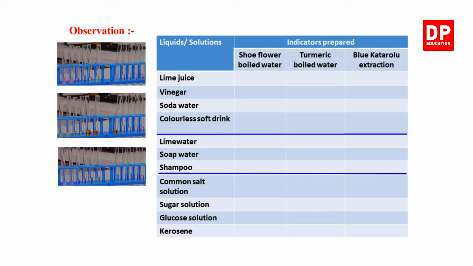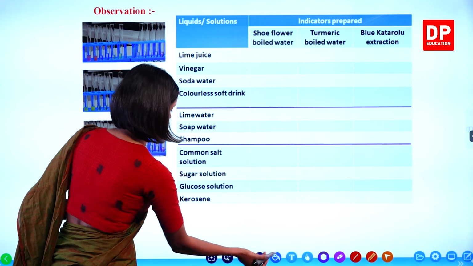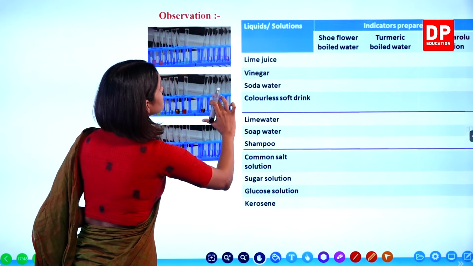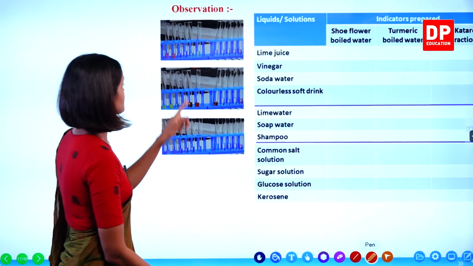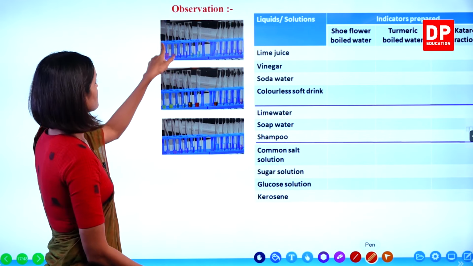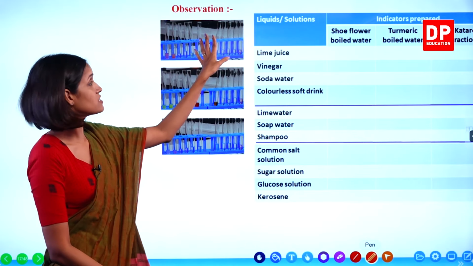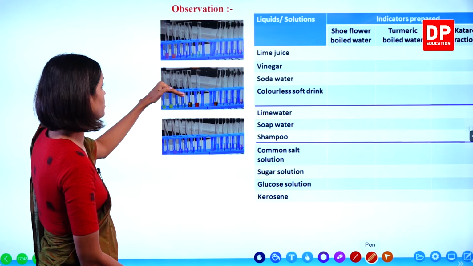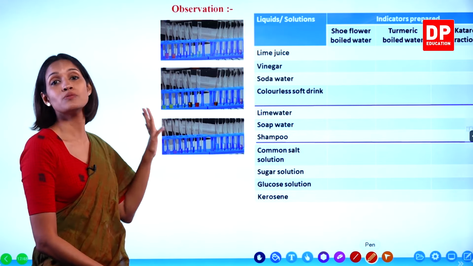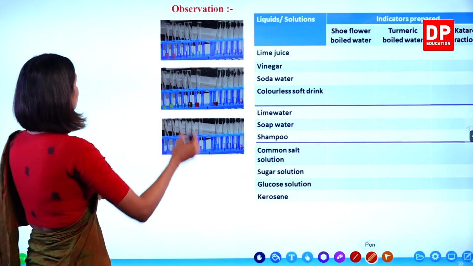Okay, here we have our observations. I'm going to write in front of them what the solutions are. Like that. So the first indicator we used, these are the observations related to our shoe flower boiled water. And here for the turmeric boiled water, and the last one for the blue Kataruru extraction. We will write